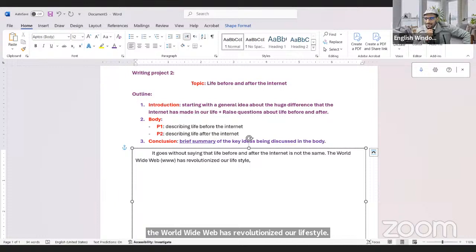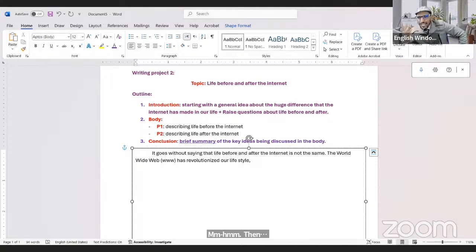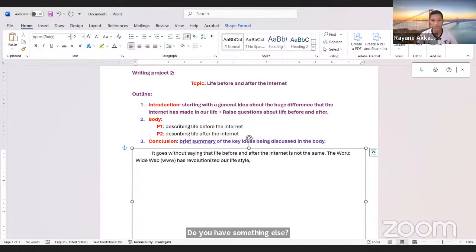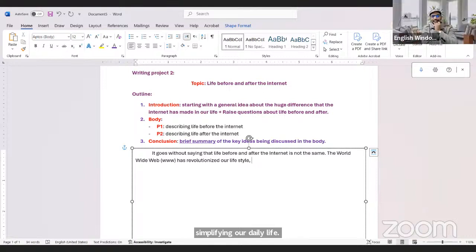Then, yes, we need more ideas. Brainstorm, come on. Do you have something else? Simplifying our daily life. Right? Simplifying, or we can say, as we did before, making our life easier and, at this time, maybe faster. Making our life